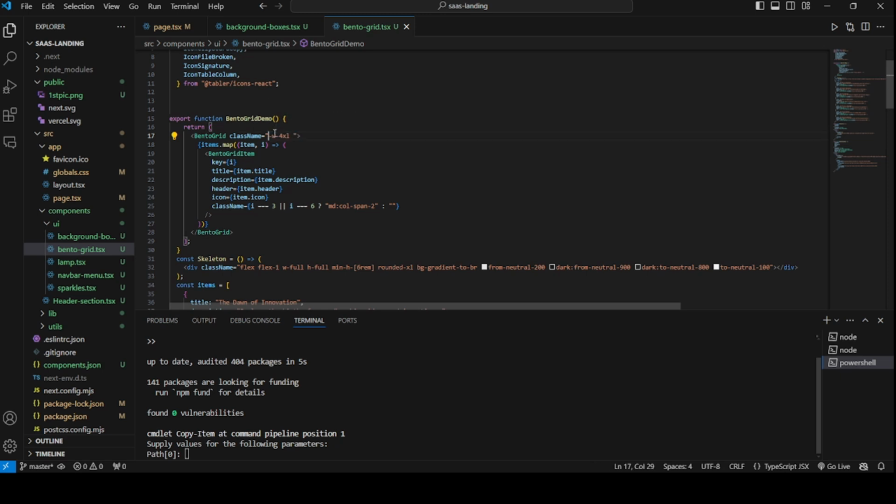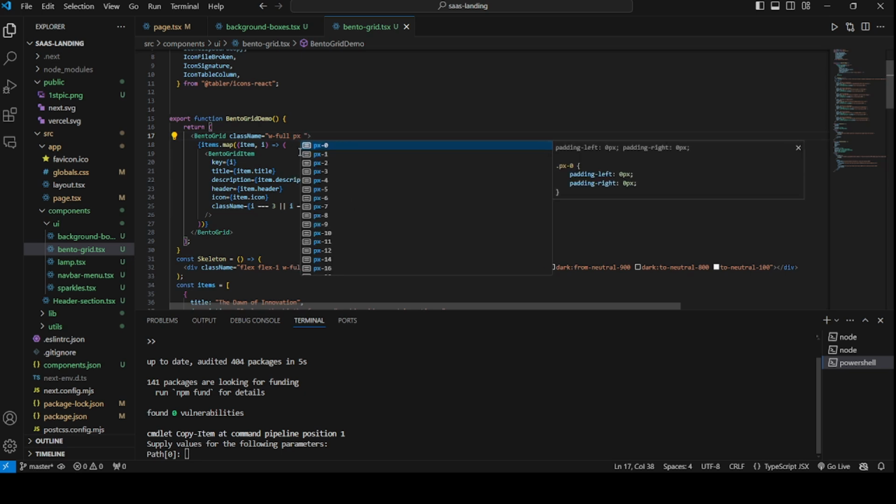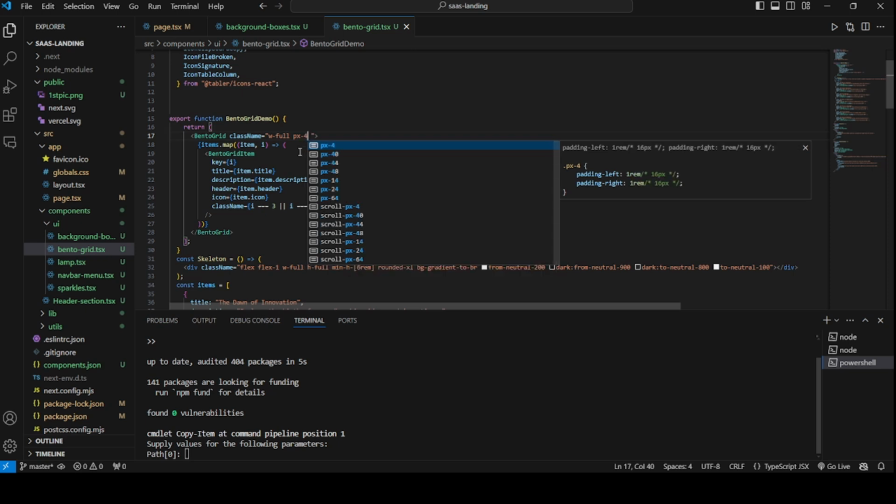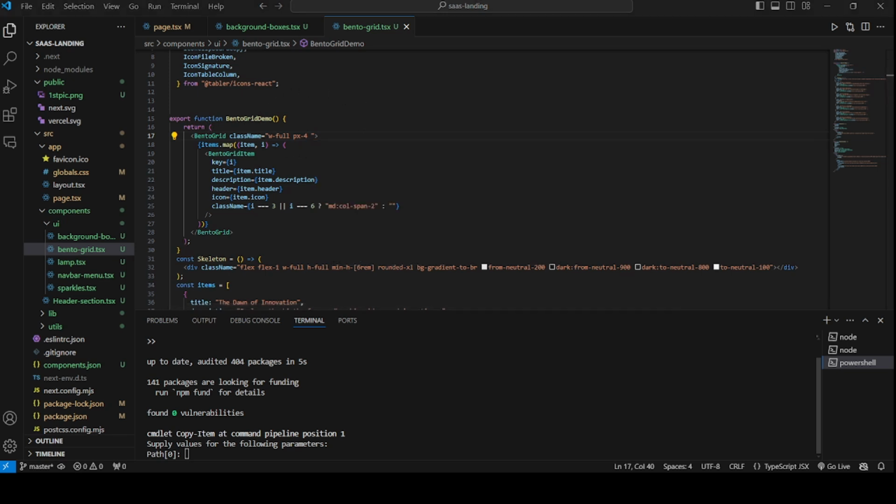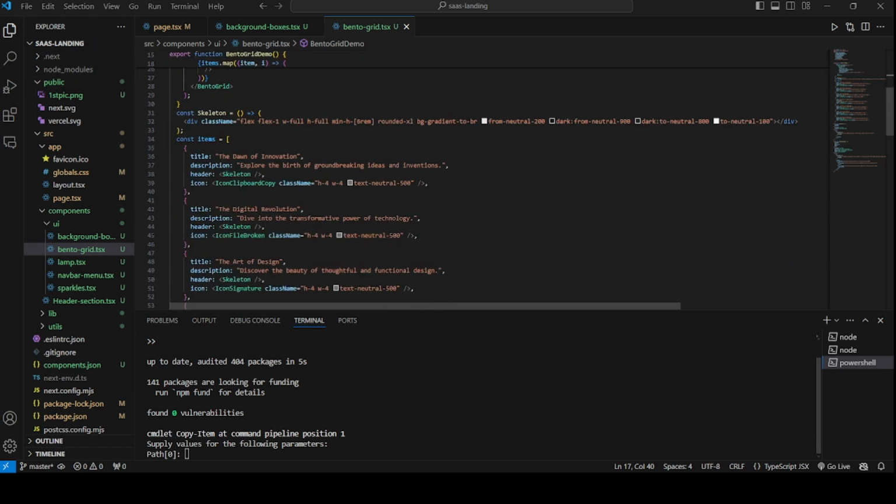If I delete this and change this width to full, and yes, just give some padding in the X direction of 4.